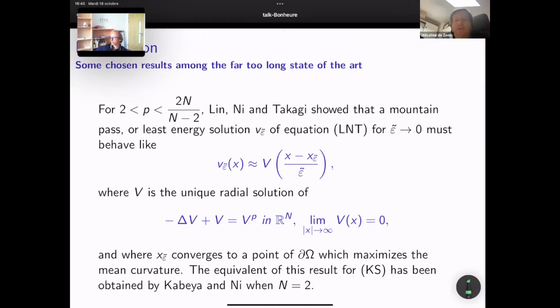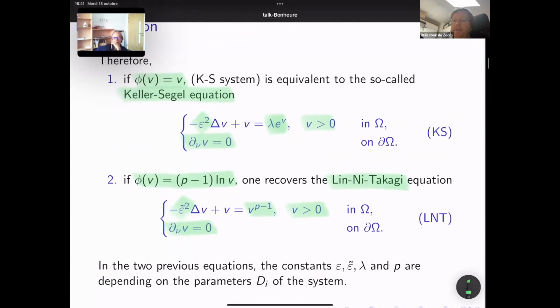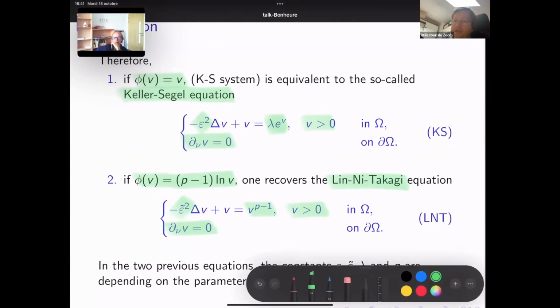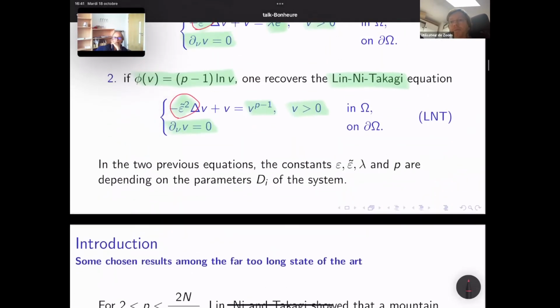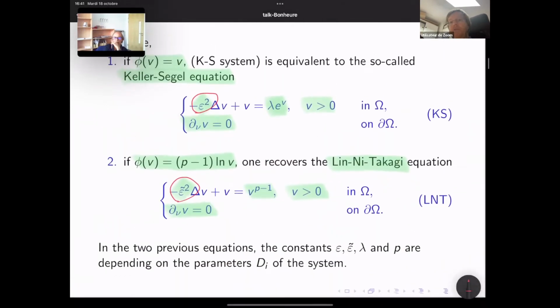Well, there have been a lot of results on this equation, so it would be impossible to mention all the results that exist. But let me mention some behaviors of solutions, discussing a little bit what happens when this parameter epsilon moves. People have been looking at this. Some people like to call it the singular limit, or semi-classical state if you are thinking about the Schrödinger equation. Anyway,